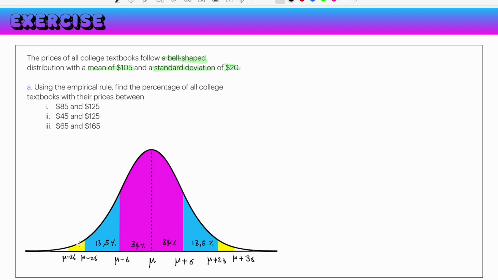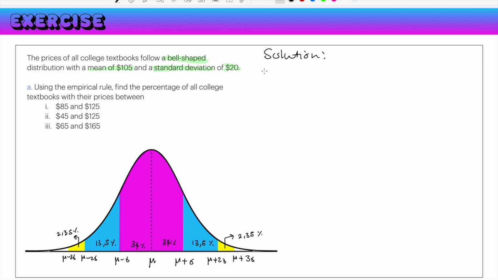And then for the yellow part, this is where we got your 2.35%, and then this part is 2.35%. Alright, so now that we have this information, we can go on and try to solve this. So for our solution, first of all, before I even dive into solving the question, let us figure out the intervals for the